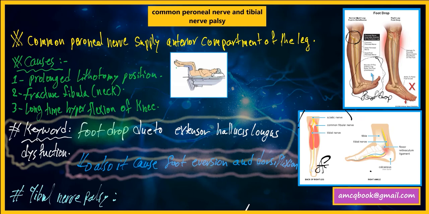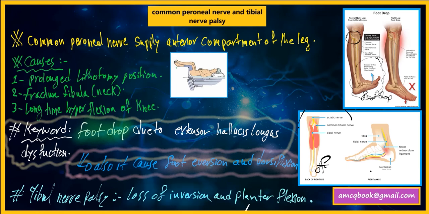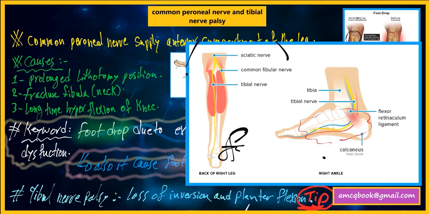While tibial nerve palsy will lead to loss of inversion and plantar flexion, and it's represented by a word called tib, which means T for tibial nerve palsy, and I for loss of inversion, and P for plantar flexion loss. Okay? And this picture represents tibial nerve palsy, which lead to loss of inversion and